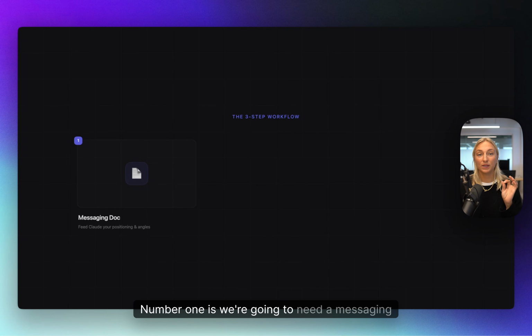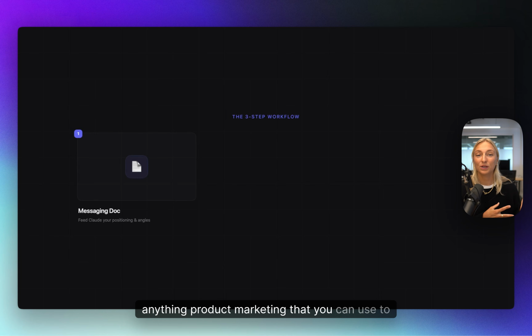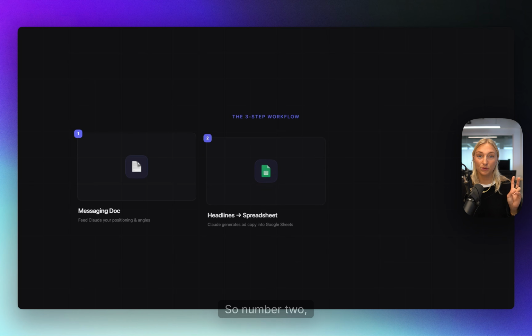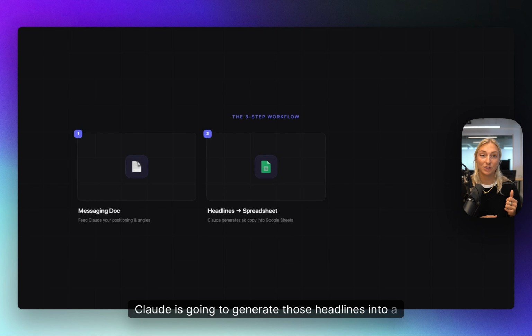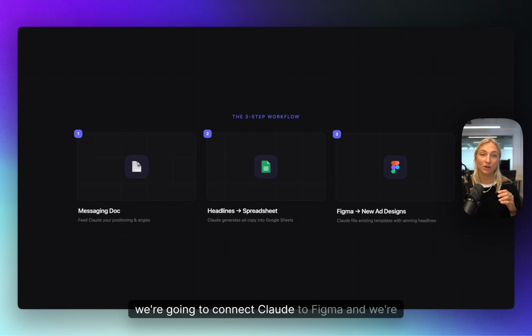Number 1 is we're going to need a messaging document, a manifesto, anything product marketing that you can use to generate ad headlines using a Claude agent. Number 2, Claude is going to generate those headlines into a Google spreadsheet or a CSV. Number 3, we're going to connect Claude to Figma, and we're actually going to fill existing ad designs with these